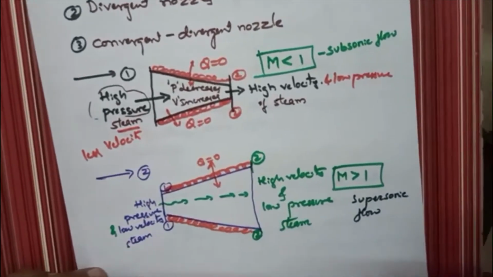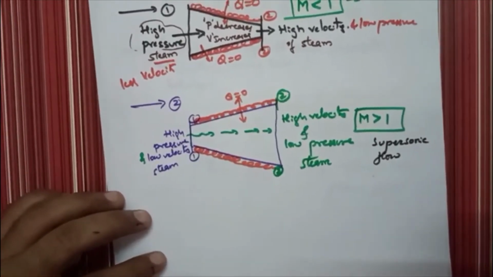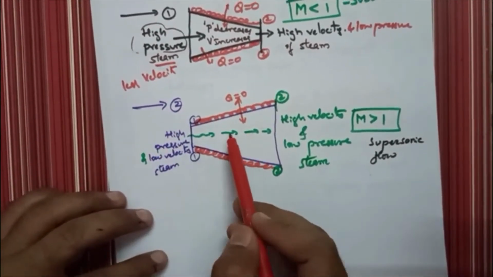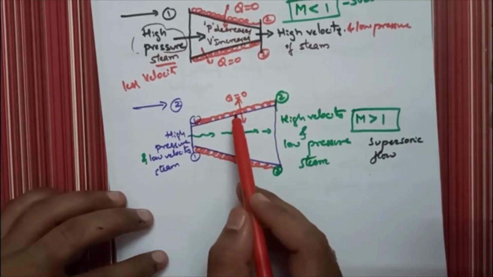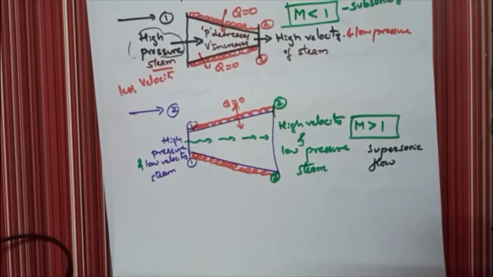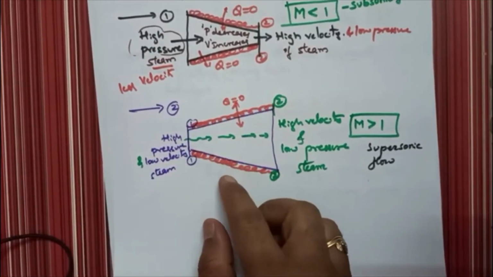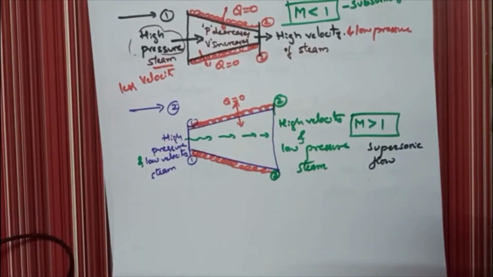If it is a steam turbine, it will be insulated. If it is a gas turbine, then it will be insulated. If cold fluid is flowing through the nozzle, then there is no question of insulating the boundary. If hot, high temperature and high pressure fluids are passing through the nozzle, then that nozzle will be insulated.